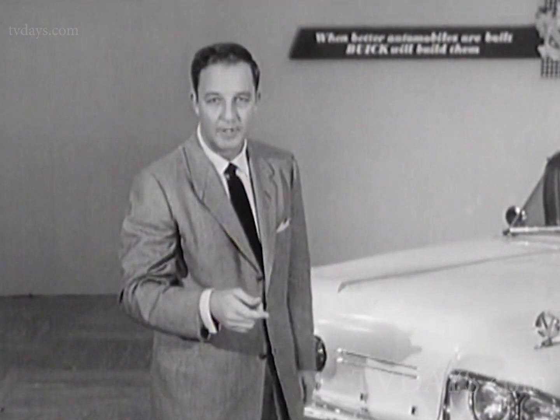Now then, these are all details that we've been talking about. Details which individually might well catch the fancy of any buying prospect, which grouped together actually do this in the most remarkable way. They tell the Buick overall superiority story. And that's the first half of the story. The second half of the story cannot be told in the showroom. You have to get out on the road to tell that story. And that's where the 58 Buick